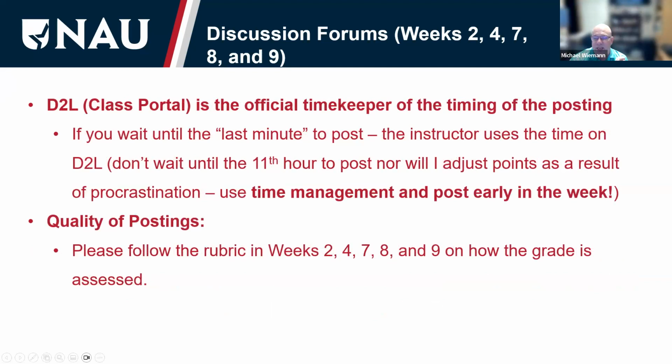All right. One thing to keep in mind, if you wait until Thursday night, let's say it's 11:58 p.m. Mountain Standard Time or Mountain Daylight Time on Thursday night of week 2, and lo and behold, it shows up in the class portal as 12 a.m. Mountain Standard Time, it's a 0. Do not procrastinate or wait until 5 minutes before it's due to get the initial post in. You have Monday, Tuesday, Wednesday, Thursday to get that initial post in. Time management is the responsibility of the adult learner. So do it Monday or Tuesday.